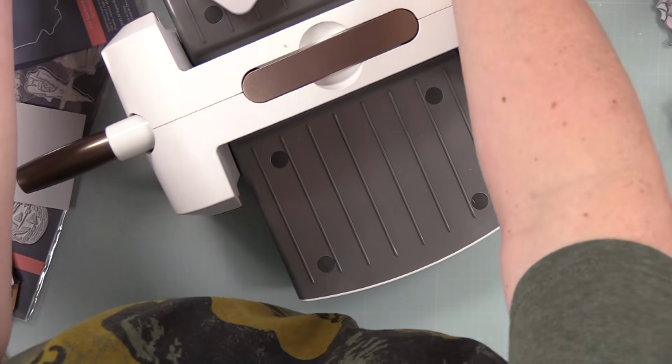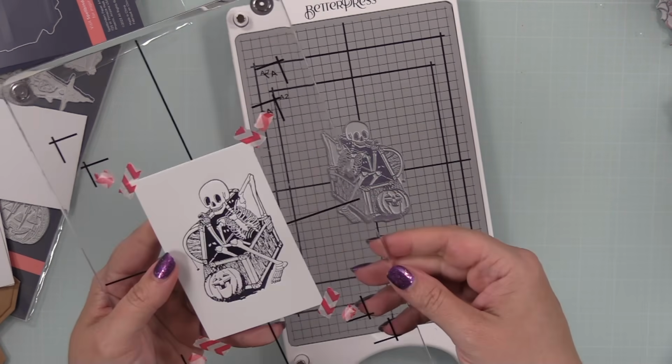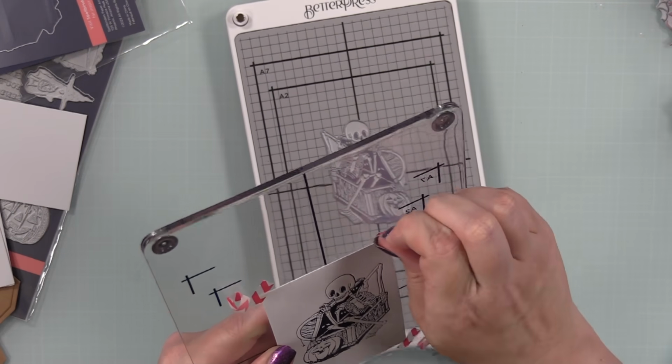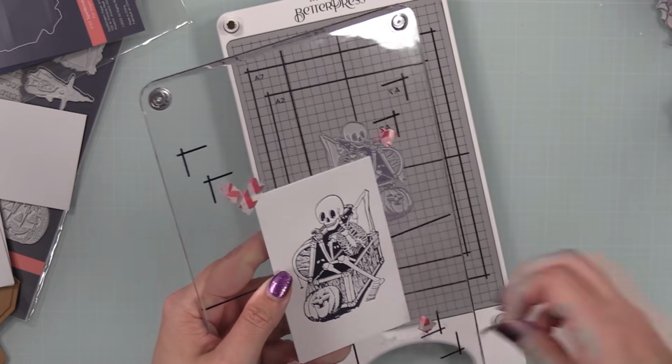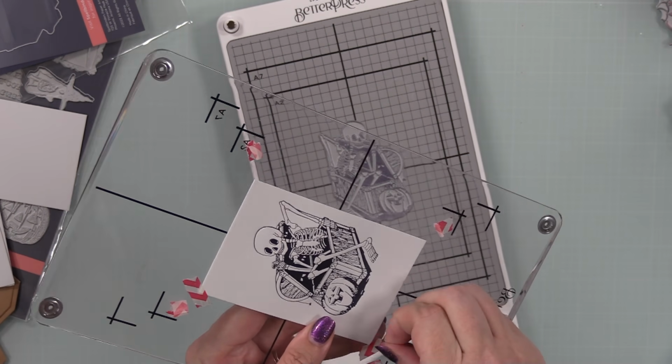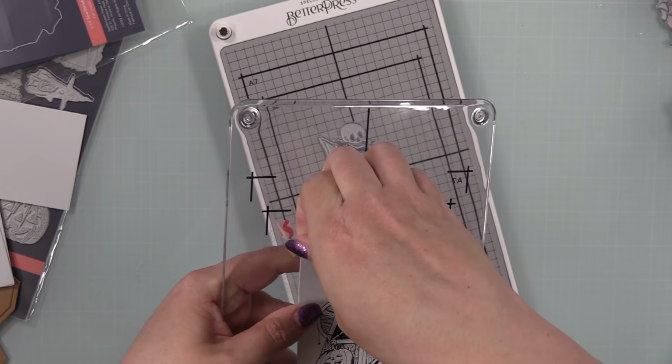And with that ink, with any inks on the press plates, you just tap, twist, and tap. Like bend and snap. You twist and tap. You don't press hard. You don't want to mush your ink into it because otherwise you're going to end up with a hot mess when you run it through your machine. So I ran it through and